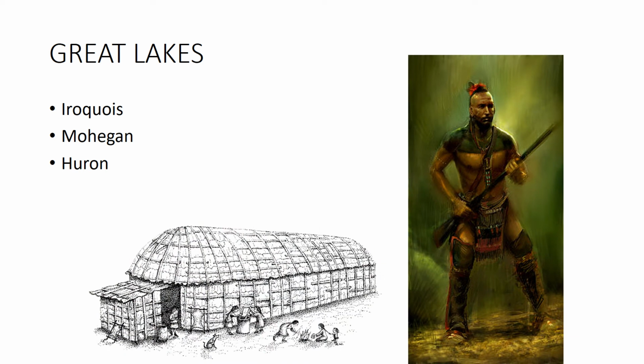In fact, the Iroquois and the other tribes who lived around the Great Lakes are kind of like a subset of the northeastern woodland Indians with a lot of cultural similarities. So you've got the Iroquois, who basically traditionally controlled roughly the area of present-day New York State, and other tribes like the Mohegan and the Huron, who mostly spoke different forms of Algonquin languages and who were often at war